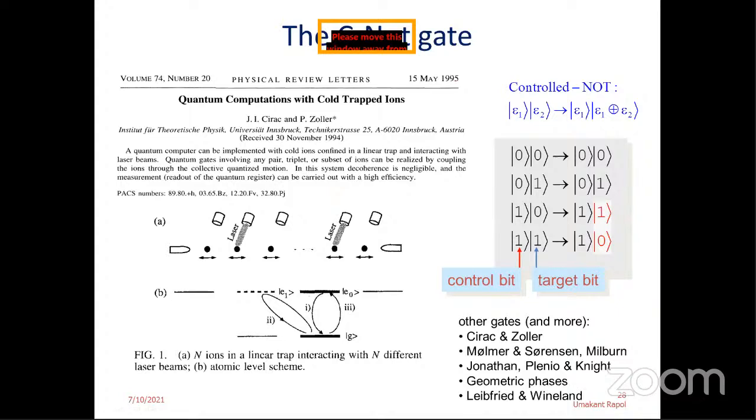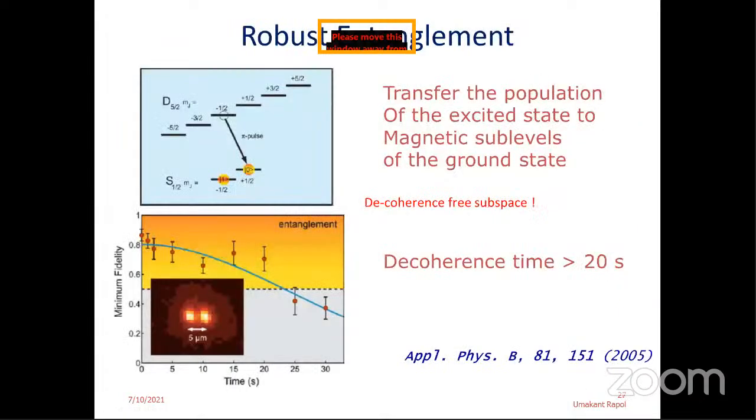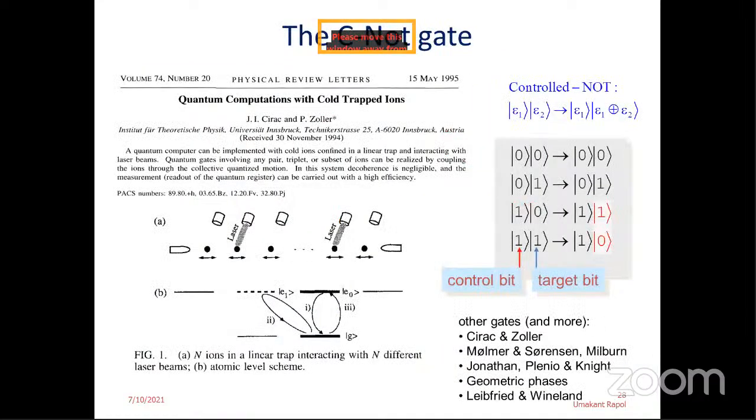Now, the other important gate, so okay, that was a demonstration of a two-particle entanglement. Now, we have seen that you can manipulate the single qubit gates, which means single qubit rotations are one of the two universal gates. The second universal gate is what is called a controlled NOT gate. So what is a controlled NOT gate?